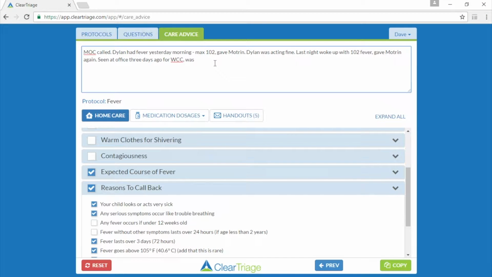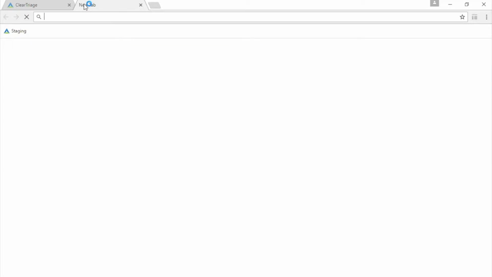In this example here, I've finished a call with a mom talking about Dylan and his fever. I'm just typing the last couple notes before I copy and paste it into the chart. But someone comes from the front and tells me, hey, I've got an urgent call on the line, can you please take that? What I can do is I can click on a new tab within the browser, and if